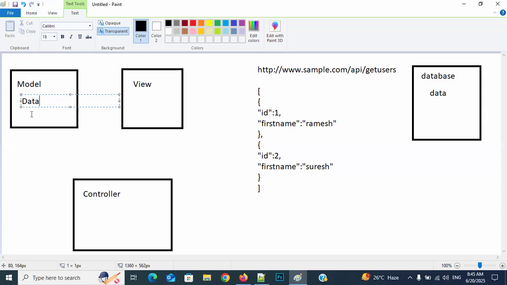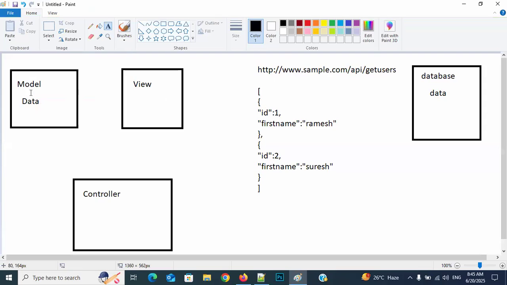Data is available in the model also. In general language we call it a model, but in the Angular framework it is called a service. So the data is available in this model only. Where is the data available? In the model. Though we have the data in the model, can I send that data directly to the view